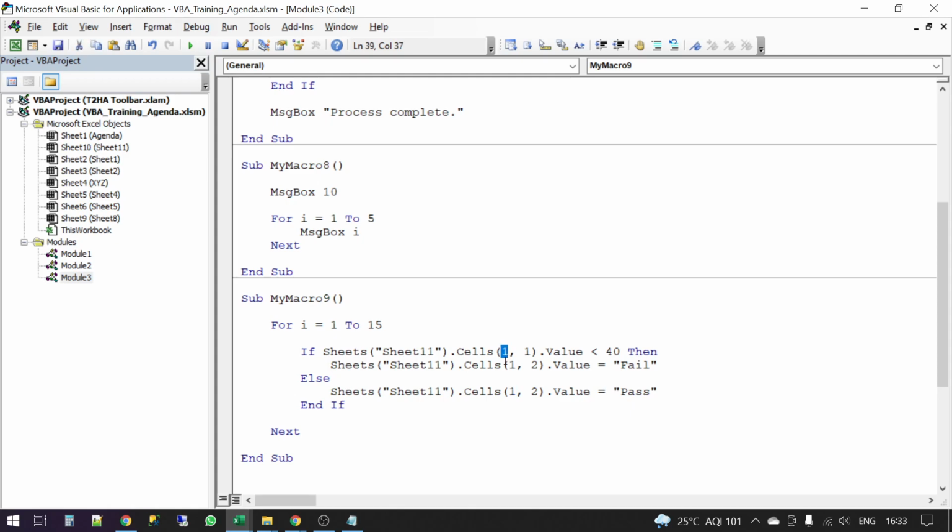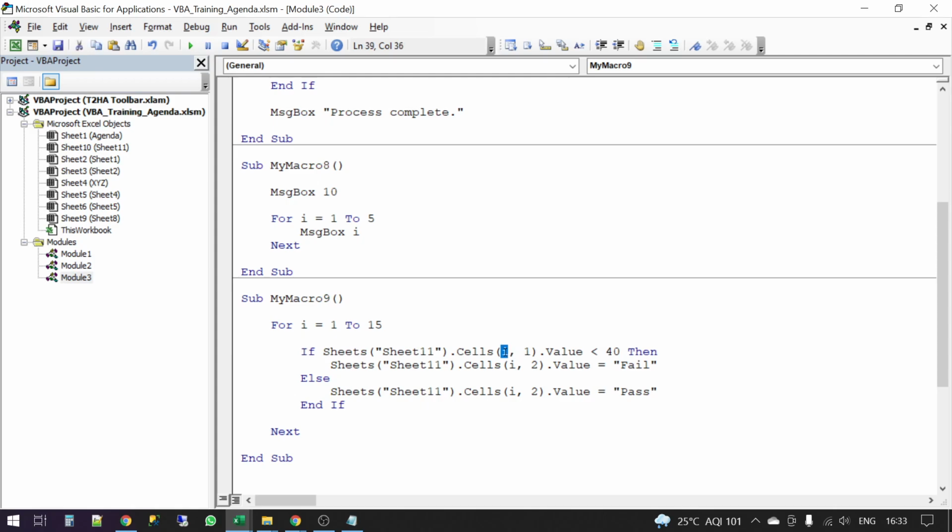So every time it will work on row 1 and column 1, row 1, column 2, whatever, right? If I update this value 1 to this variable I, and here as well, now what will happen is, when the loop is running for the first time, it will consider the value of I as 1.